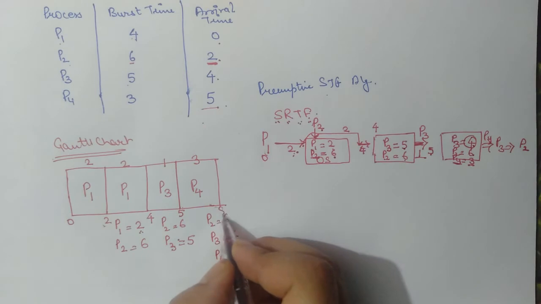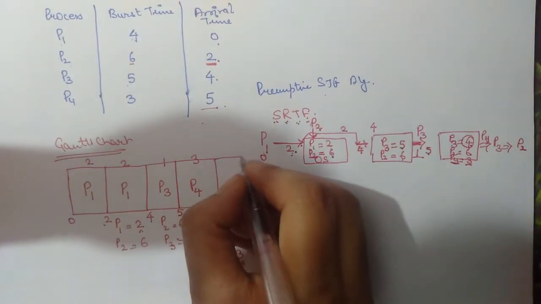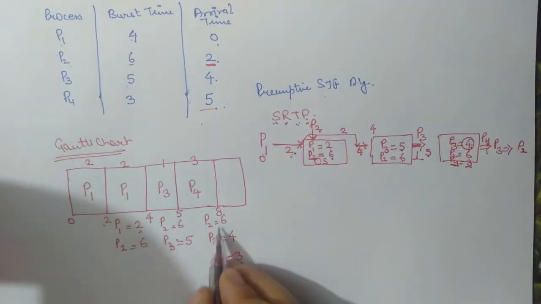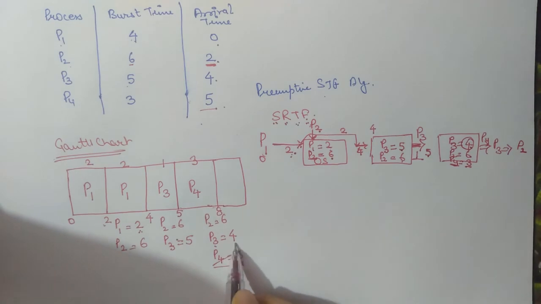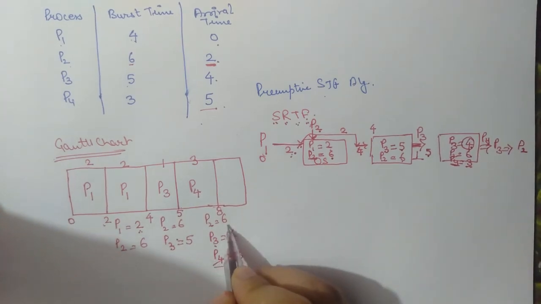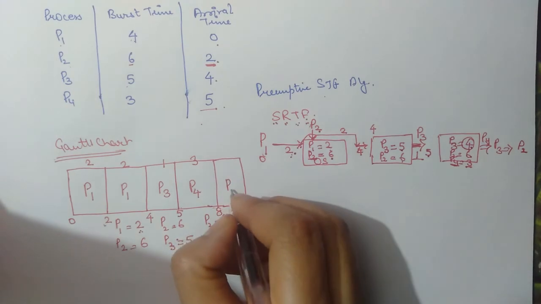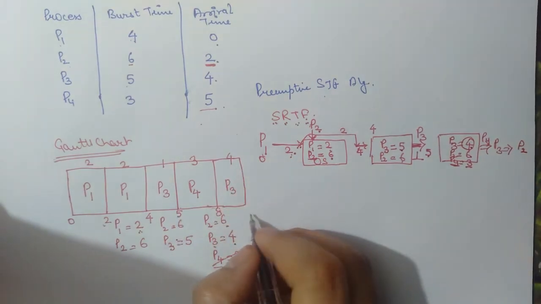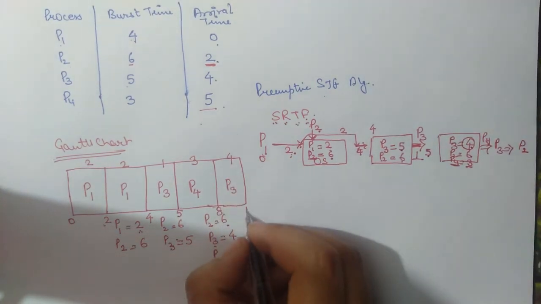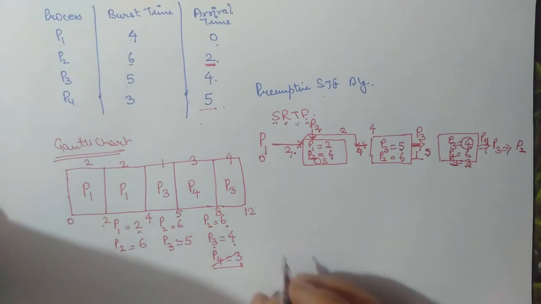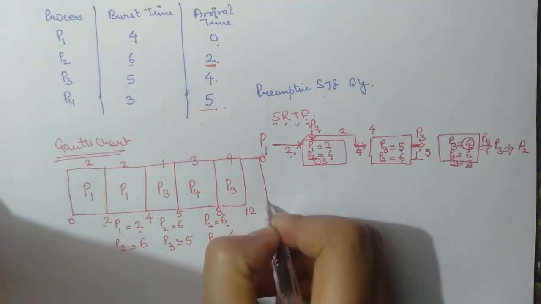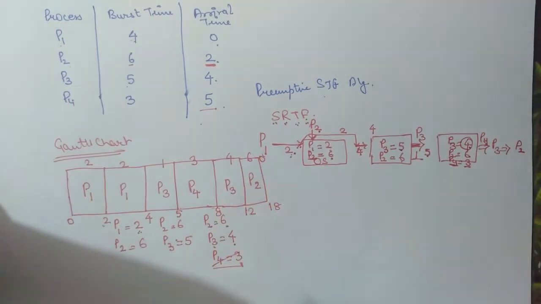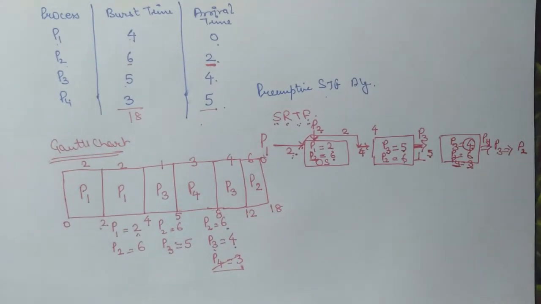Now 5 plus 3, 8 is the exit time of this process. Now the status of P4 is completed. The current status of the ready queue is this: P3's remaining execution time is 4 and P2 needs 6 milliseconds for its completion. Now definitely the CPU will be allocated to process P3. For 4 milliseconds it will execute, and after 4 milliseconds the current time is 12, and the next process which will get the CPU is P2 for 6 milliseconds. Now it's 18, and the total is again 18 as in the previous question.